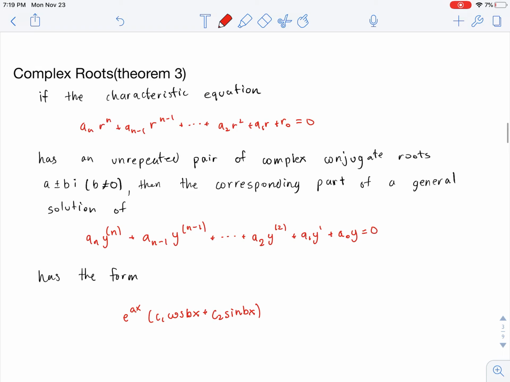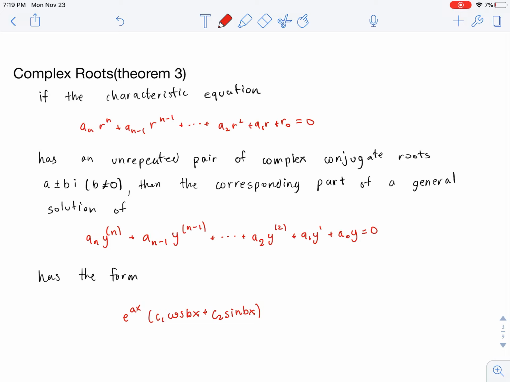So if the characteristic equation that we defined above, a sub n r to the n plus a sub n minus 1 r to the n minus 1, continuing until a sub 2 r squared plus a sub 1 r plus a sub 0 is equal to 0, has an unrepeated pair of complex conjugate roots a plus or minus bi, where b is not equal to 0,